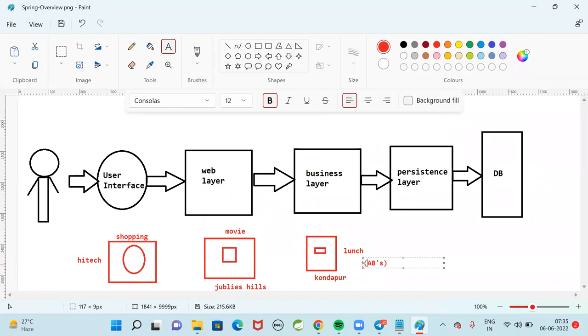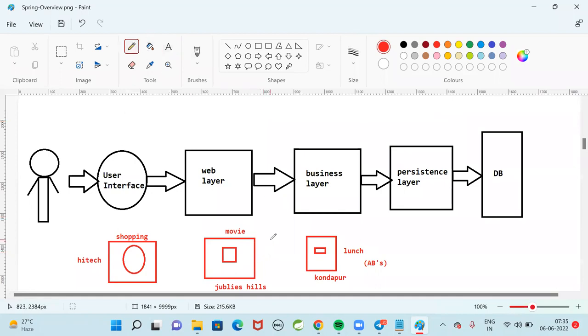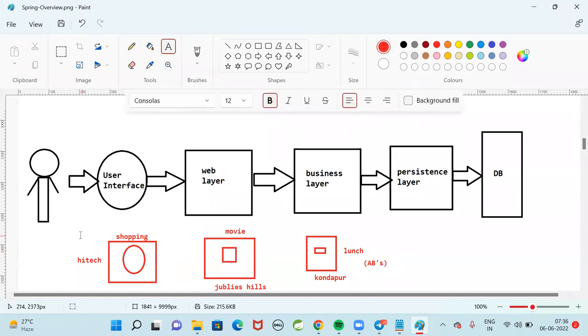You want to watch a movie, and the movie theater is available in Jubilee Hills. You want to do shopping, and that shop is available in High Tech City. So three different places you have to visit.